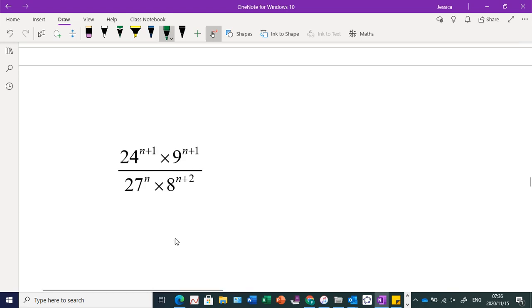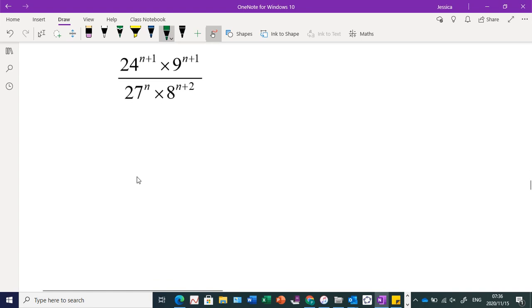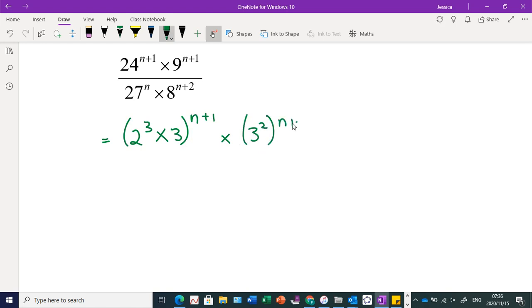Okay, then a question like this requires us to first prime factorize all the bases. So we're going to get 2 cubed multiplied by 3 to the power of n plus 1. That's 8 times 3, that's 24. 9 prime factorizes to 3 squared, n plus 1. 27 to 3 cubed. And lastly 8 to 2 cubed,